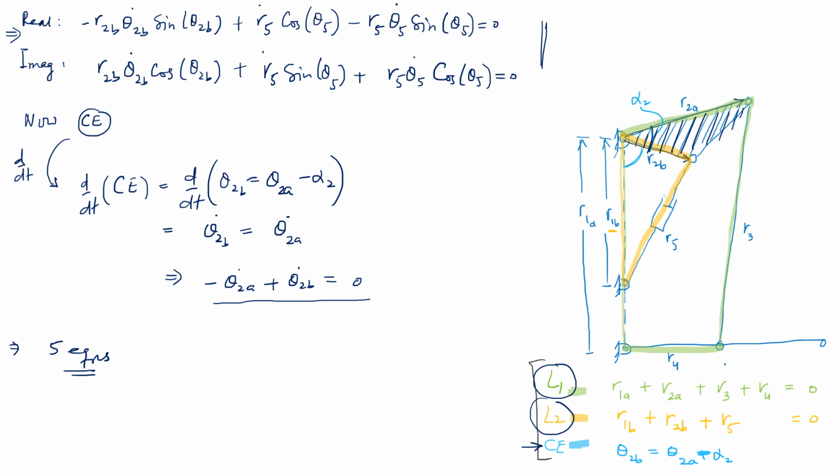In terms of velocity, if I make you recall, theta 2b dot, theta 2a dot, theta 3 dot, theta 4 dot, and theta 5 dot were the 5 unknowns